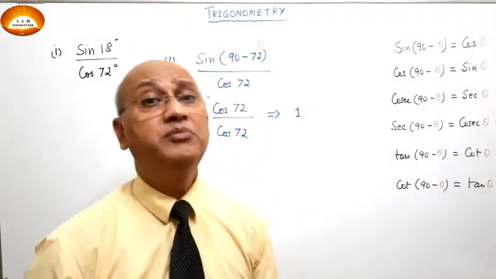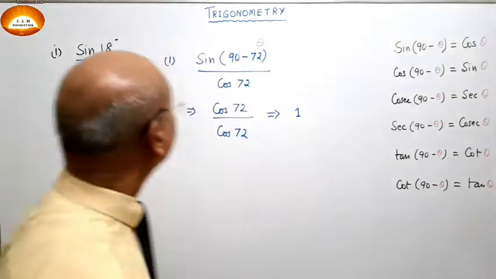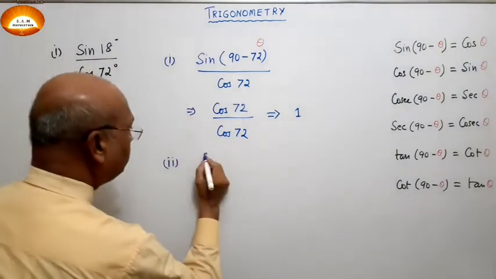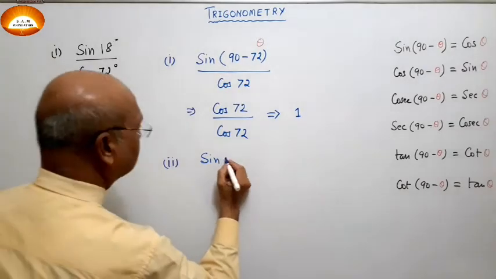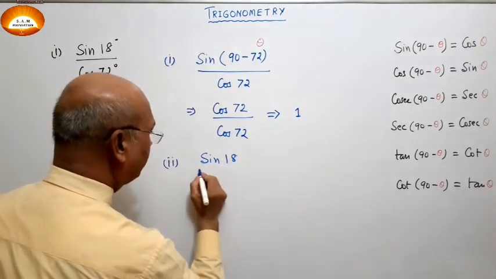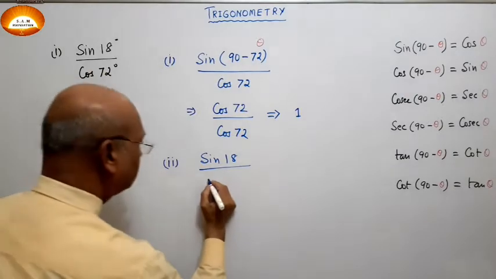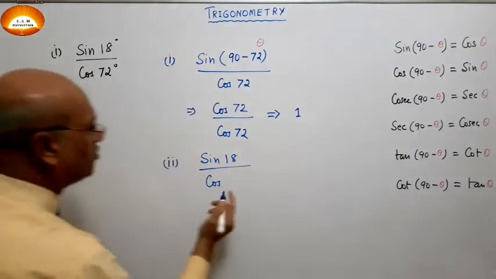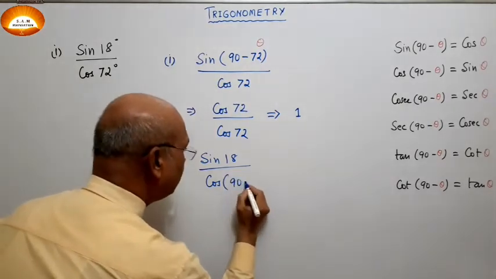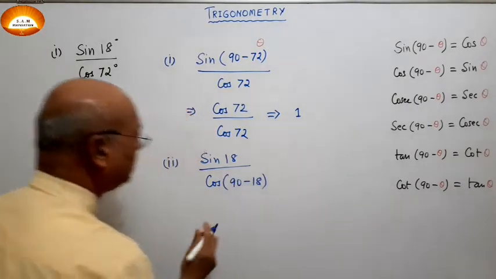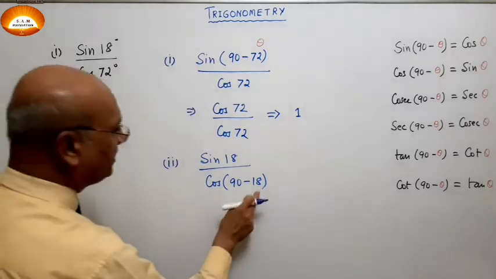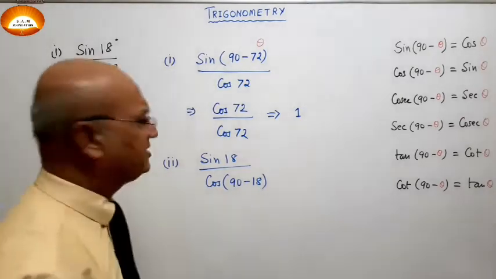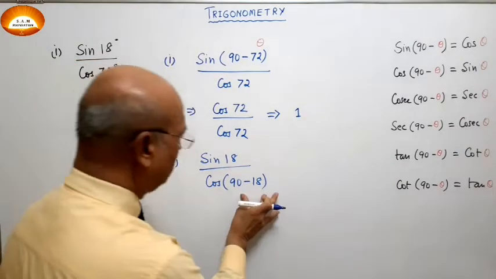Now the second way, we can bring the change in the denominator part. Here I'm not going to change the numerator part, that is sine 18. I have written it as such, and in the denominator part, cos, instead of 72, I'm going to write 90 minus 18. Now you can see when you subtract 18 from 90, you get 72. So no change. I have written 72 as the difference of two numbers.